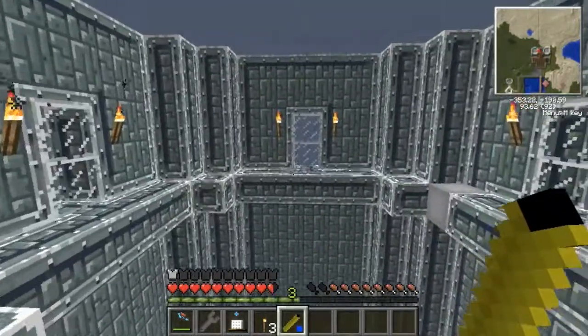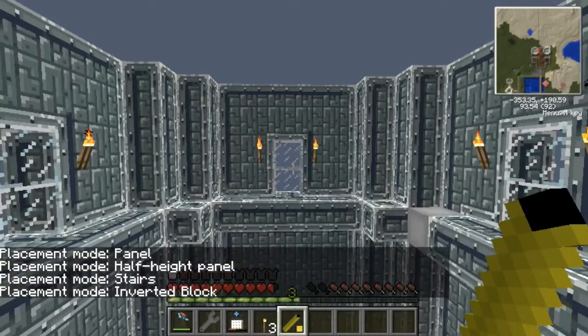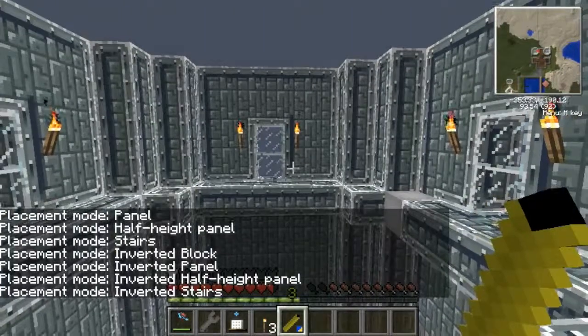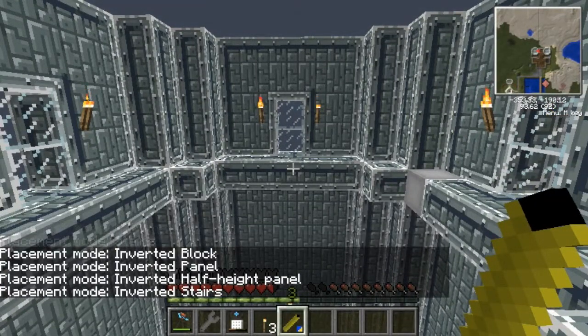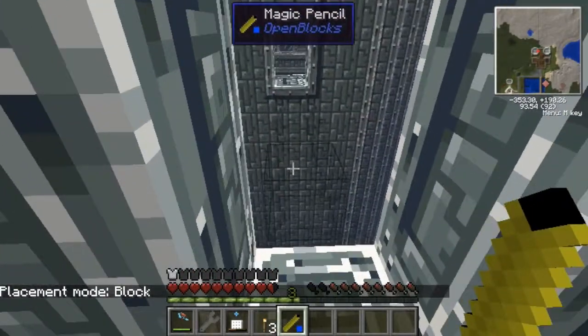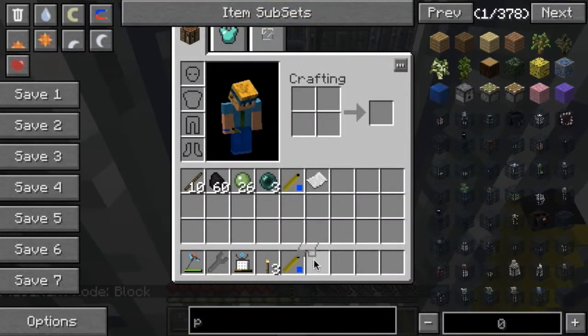If you shift right click with the pencil, you can change the mode, so you can make panels, half height panels, stairs, inverted blocks, inverted panels. Now all the inverted ones do the opposite. You can see them normally, but if you put the glasses on you can't, so you can have opposite uses for them. There are also crayons, which, although I should show you actually, if I take these glasses off now,